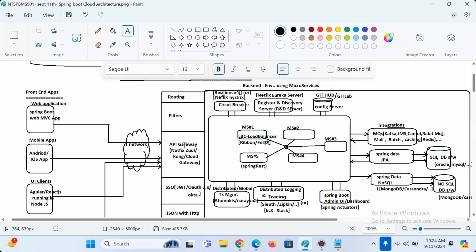Yeah, what will this API gateway do? Netflix Zuul, Kong, Cloud Gateway are there. Netflix Zuul is outdated. Kong is not outdated, but not popular. But Cloud API Gateway is popular.